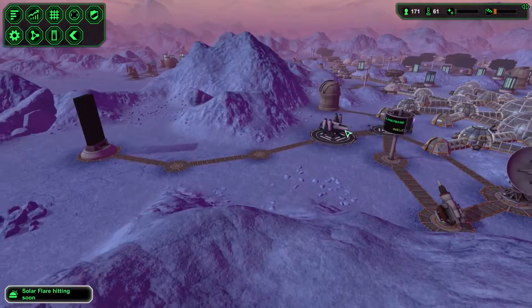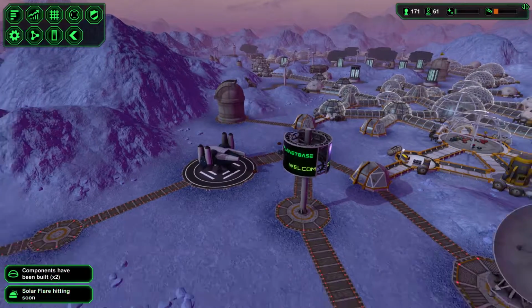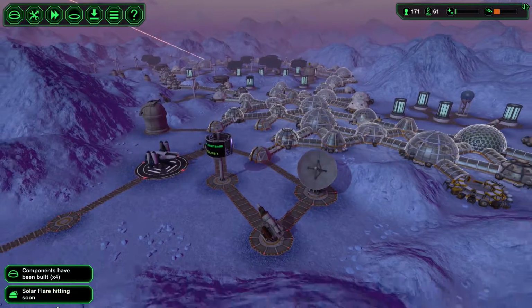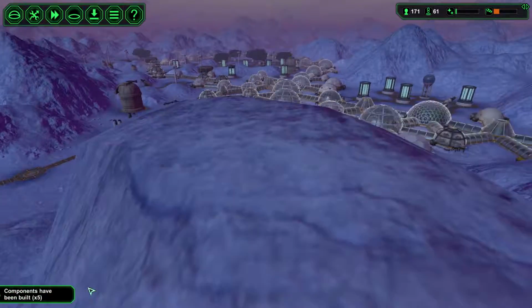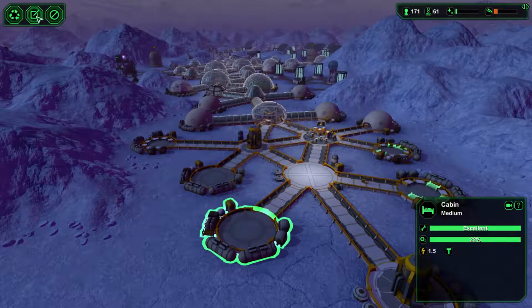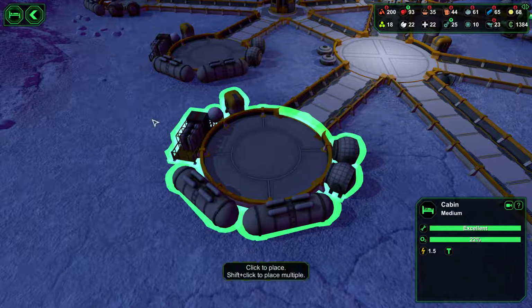And the trader did leave. Oh no, the trader didn't leave. Solar flare hitting soon. It's night. So, it's night. That's nice. It's night. I'm not dealing. I'm building beds, guys. It's nighttime. We're not afraid of the flares at night, okay? Like,